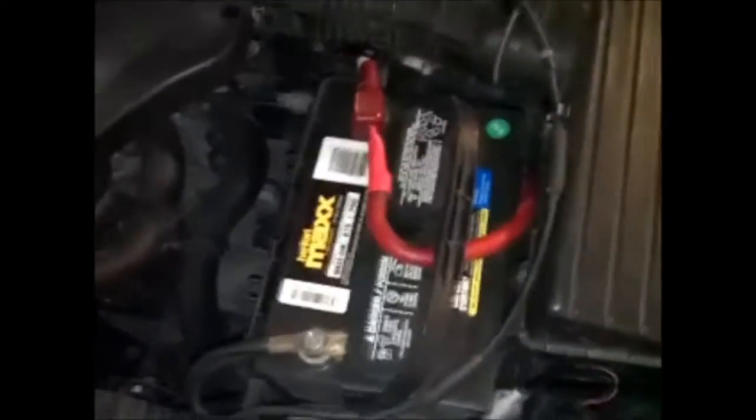I'm 2 foot short in wire, so I'm going to just wait to do that, and I'll order up the wire. I already made up my ground straps, low gauge ground straps, but as you can see, that terminal is shot, so I got to replace that, I think. So I'm going to just wait on that. Also,